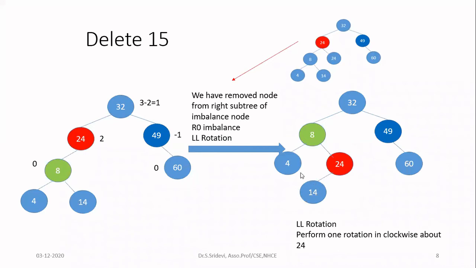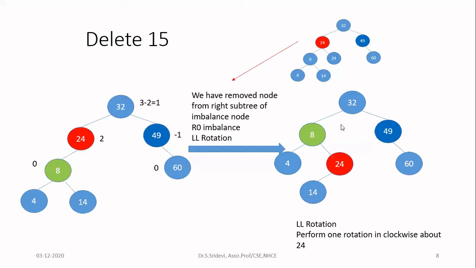We cannot even connect this 14 as a right child of 4, even though it is greater than 4, but it is less than 8. So 14 cannot be connected here. We have done the rotation and we have converted into a new tree. After that, you have to check whether this new tree is balanced or not. In insertion, we have seen that when there are many nodes having imbalance, when you balance one node, all the remaining nodes towards the root will be automatically balanced. But in case of deletion, that will not be the case. Sometimes, even after you balance one particular subtree, the other part of the tree may be having imbalance. You have to next balance them also.